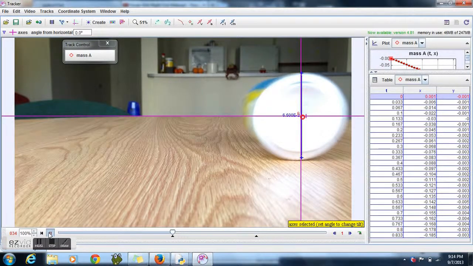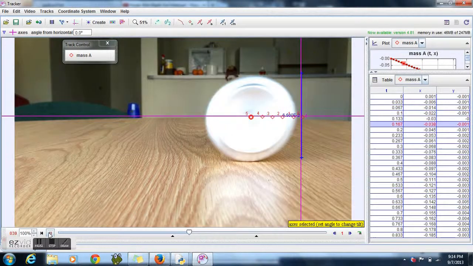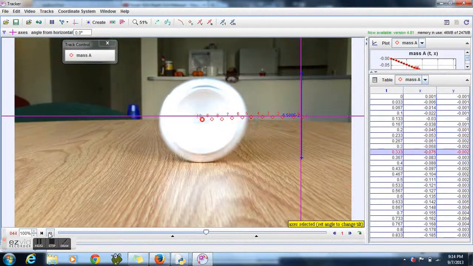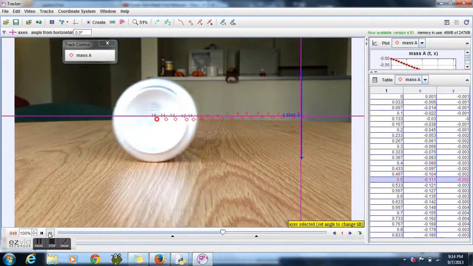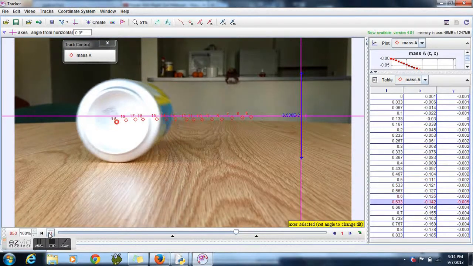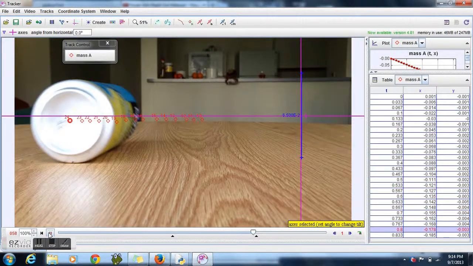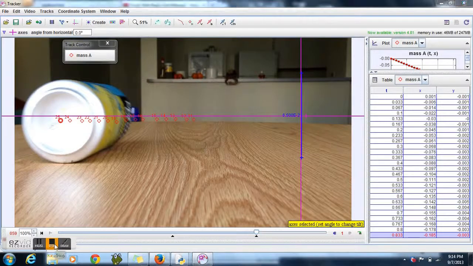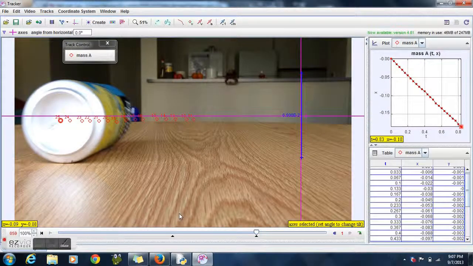In order to exhibit this motion, I decided to roll a soda can and capture the movement to quantify on Tracker. As you can see, the soda can rolled smoothly across a wooden table in the negative x direction for about 1 second. It also seems to be moving at a constant speed. Using Tracker, I analyzed this motion to confirm my observation of the can's constant velocity.